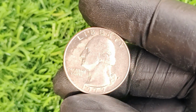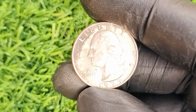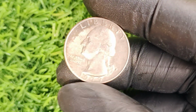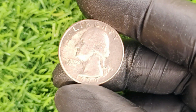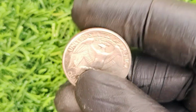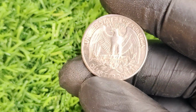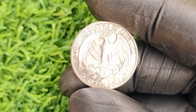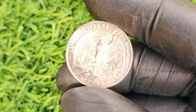Alright, time for a personal tale. A few years back, I was at this dusty old flea market just outside Tulsa. The kind where every booth sells either rusty tools, baseball cards, or weird porcelain cats. I stumble on this little cardboard box labeled coins, 10 cents each. Naturally, I dive in like a kid in a ball pit. After about 15 minutes of sifting through Canadian pennies and bent nickels,